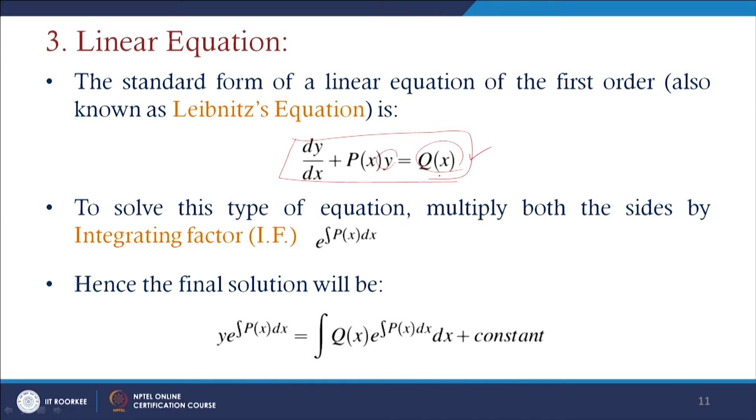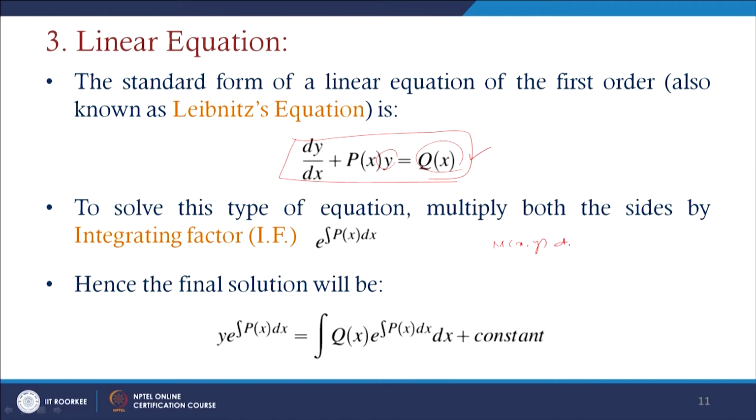To solve this type of equation, it is multiplied by some integrating factors. Integrating factors sometimes may be e to the power integral of px dx, sometimes any factor of x, or sometimes any factor of y. There are many forms of integrating factors, multiplied with this differential operator to make it an integrable form. Whenever we multiply these factors with the differential terms, it can be integrated easily. That is why it is called an integrating factor.